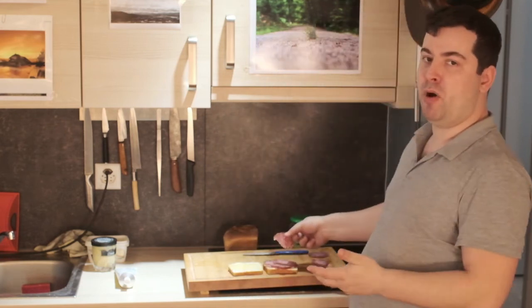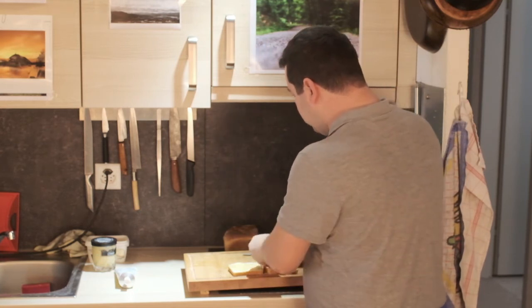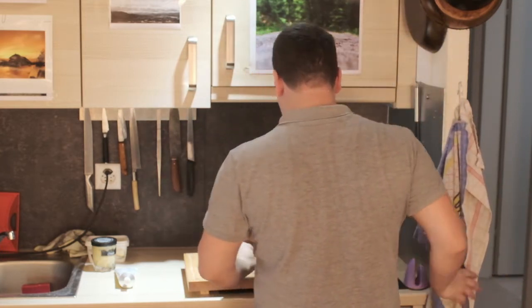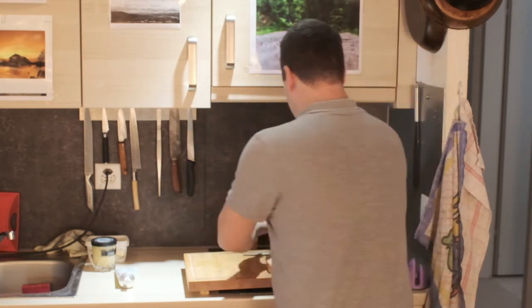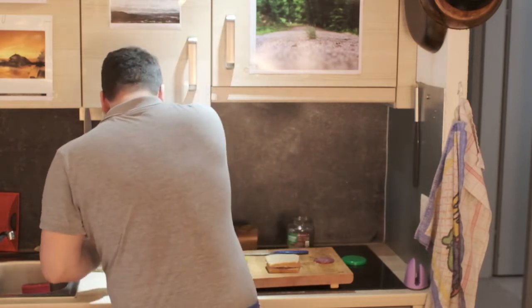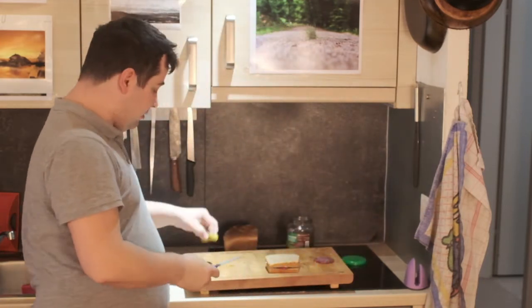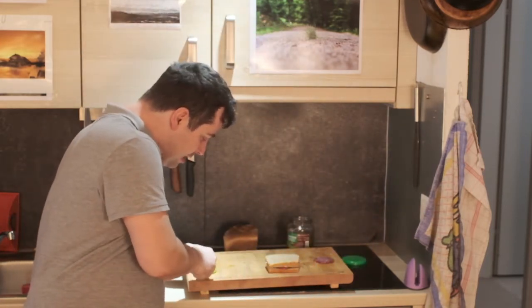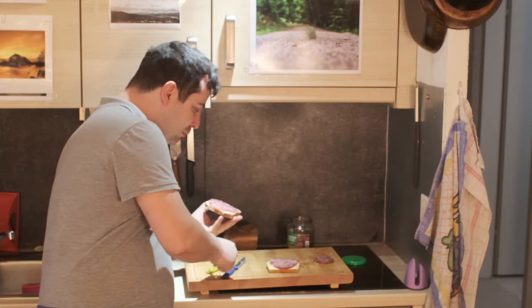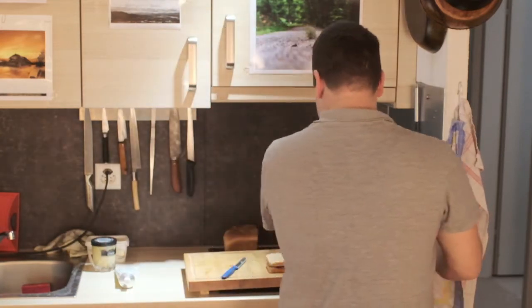But you don't have to cut it, you can buy it cut. And there you have it. Oh, I forgot some of these pickles. You cut them in thin slices. We made this too. And you put it inside. And then